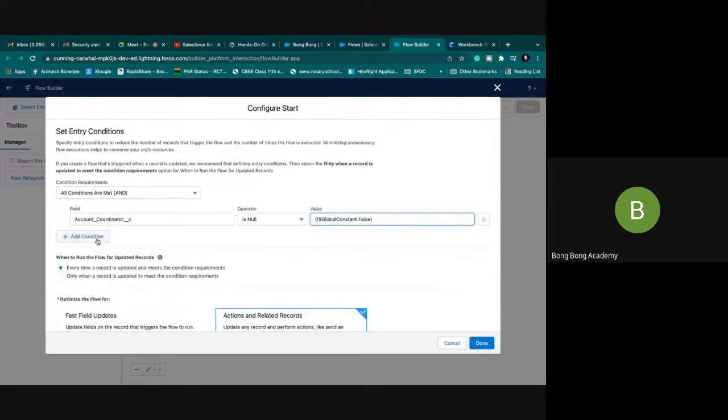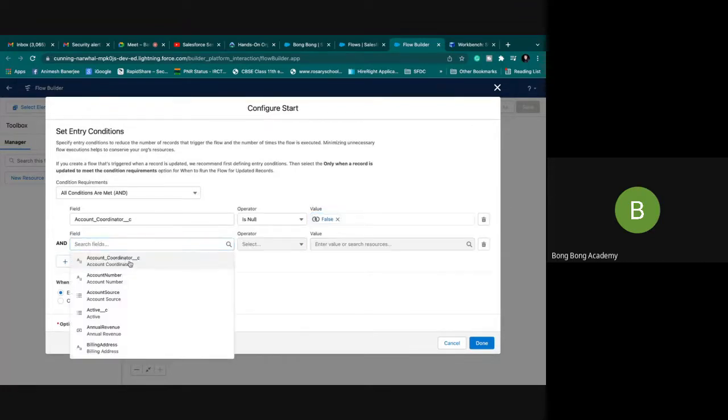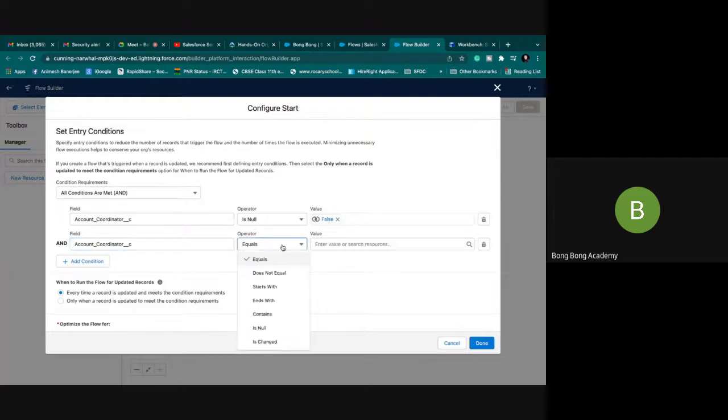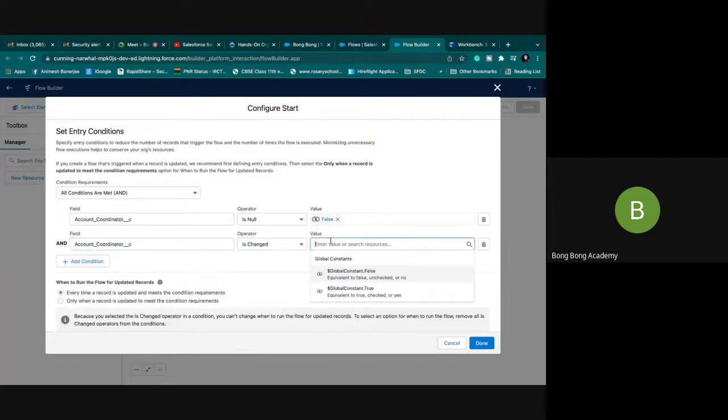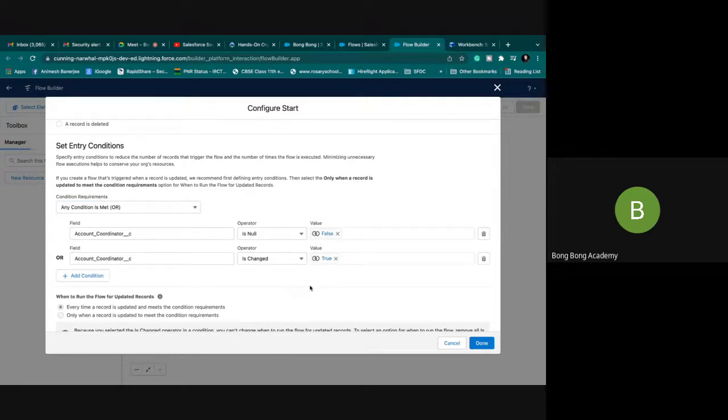Or maybe account coordinator is changed to, and the condition is OR. So if it is not null, then I fire it, and if the value is changed, then also I fire it.